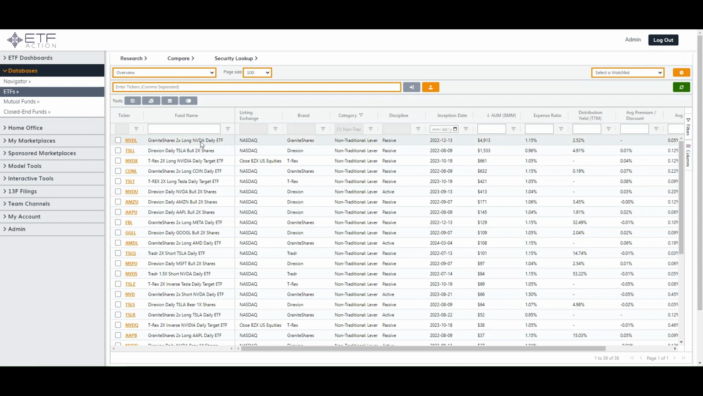You can see the GraniteShares 2x Long NVIDIA Daily ETF is the largest with 4.9 billion, followed by the Direxion Daily Tesla Bull 2X. So Tesla and NVIDIA are definitely the largest plays here. You can see there are some other stocks. We've got Coin, Amazon, Apple, so some of those FANG stocks, some of those large tech stocks. We've got Google and Microsoft in here, but Tesla and NVIDIA definitely dominate from a product perspective